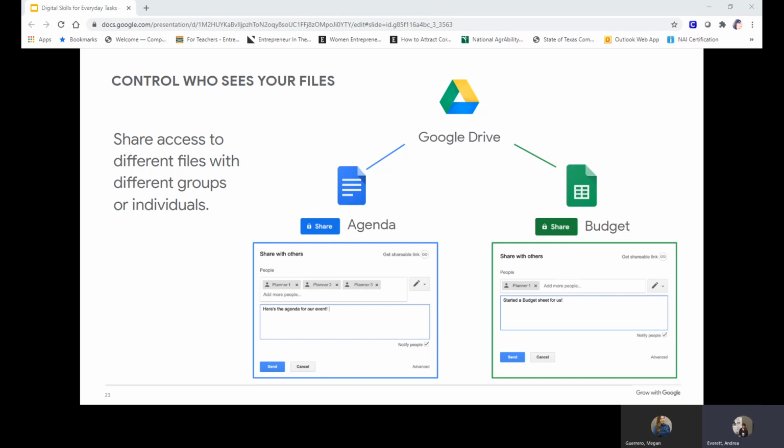And more good news is that you can give different people different levels of access to the file. People can either have access to edit a file, comment on a file without editing, or just view it without the ability to comment or make changes. You can also give people access to a complete folder and store a group of files in that folder. In that situation, everyone who has access to the folder will have access to the files within the folder. And yes, you can give access to people outside of your organization. That makes this perfect for sharing information with your clients or members.